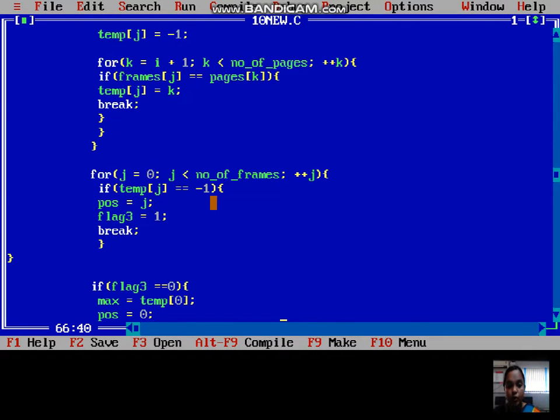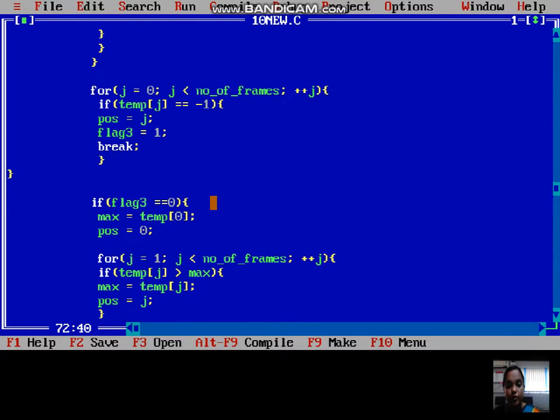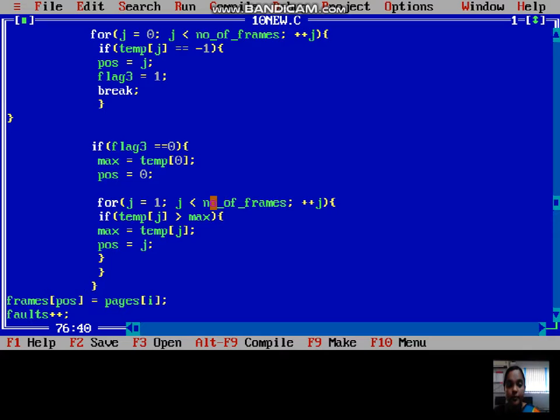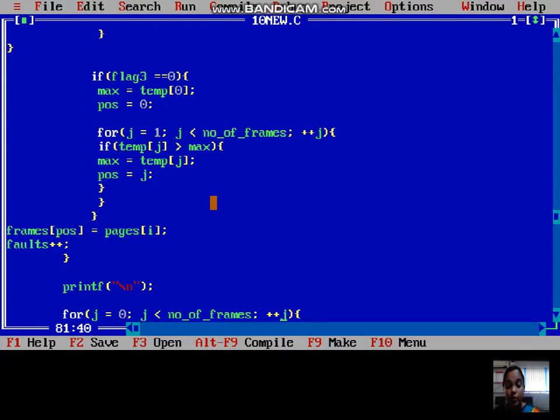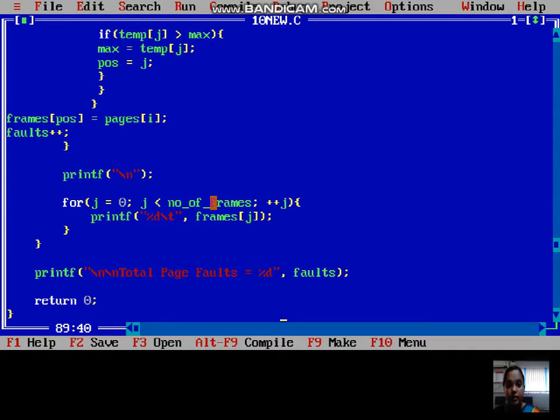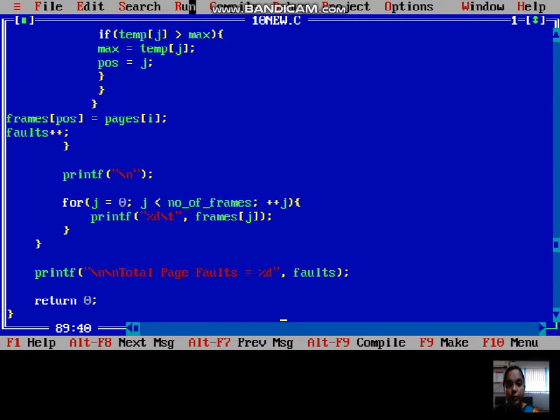I'm using a temp variable to store the frames, and I check the condition if flag 3 equals 0. I use the maximum possible value, and I save the temporary variable in the maximum variable. I assign the frames position in the pages, and the total page faults we can see here. I'm going to compile this, and there is no error.